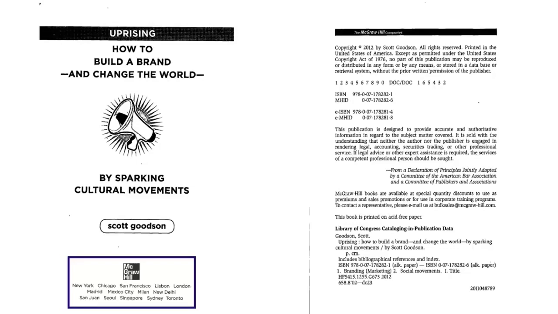We then see a lot of different publishing cities. Generally, if you see more than one, you're just going to take the first one. The only element we're not finding on this page is the date of publication. So what we can do is go to the copyright page and see that it was published in 2012.